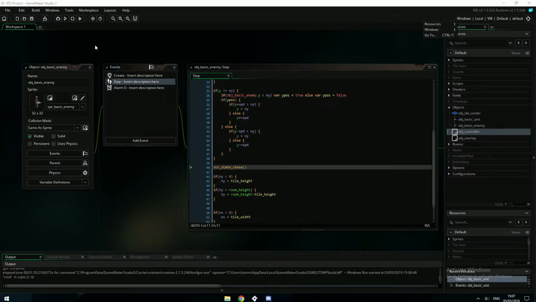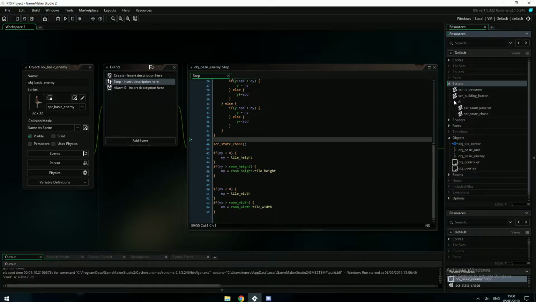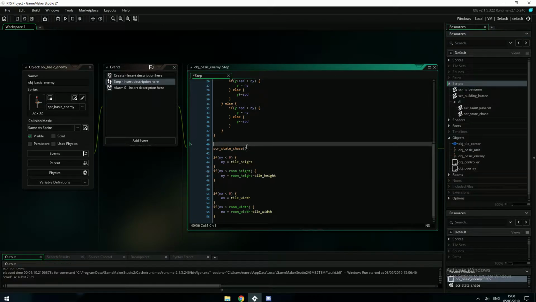So we want to make the enemy work a little bit better. At the moment it is only chasing, so we want to make it use both scripts, because we've got them, we may as well use them. We're actually going to do this really simply. So we're going to say if